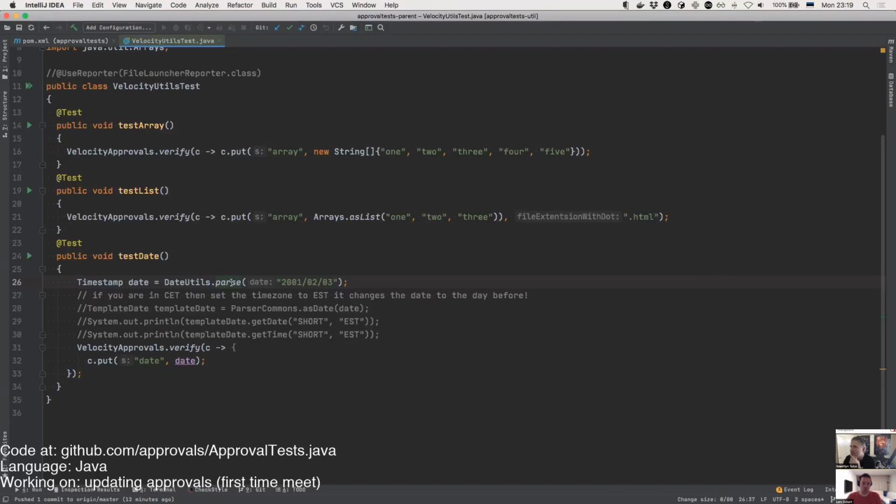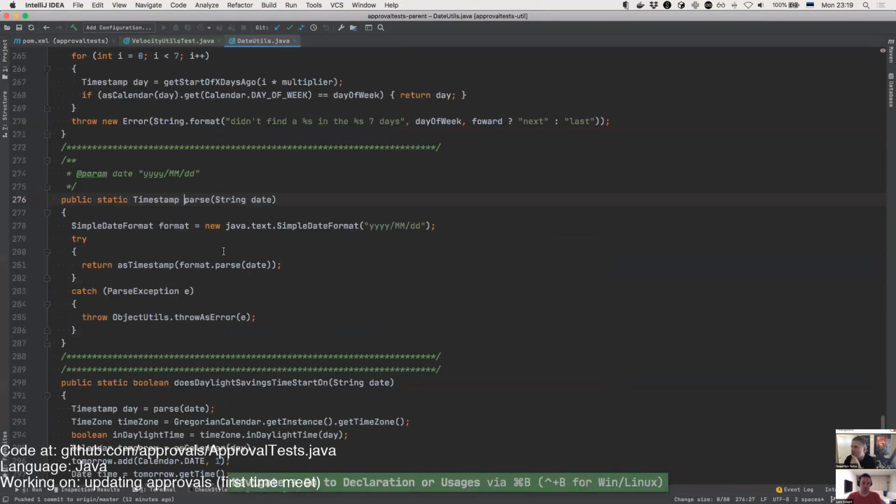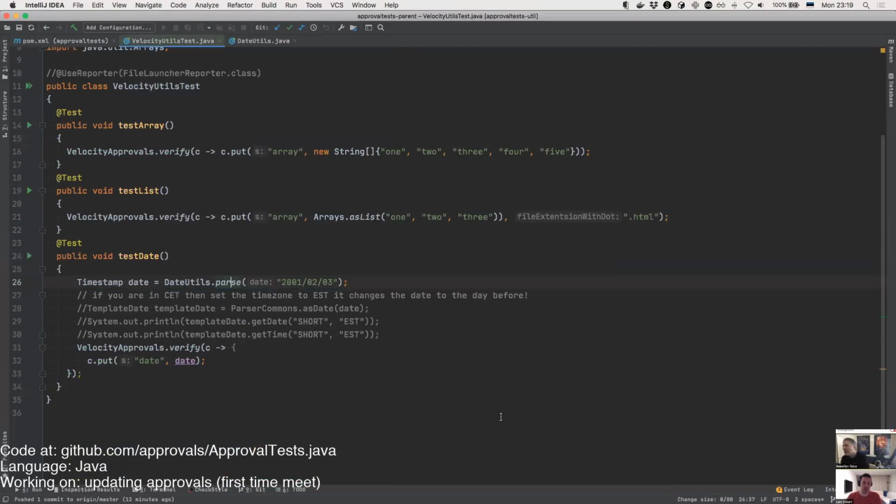So here we're doing a timestamp. We're parsing this. It changes the day before the date. So go back to where we were. I feel like the thing we want to do here is just set our time zone.